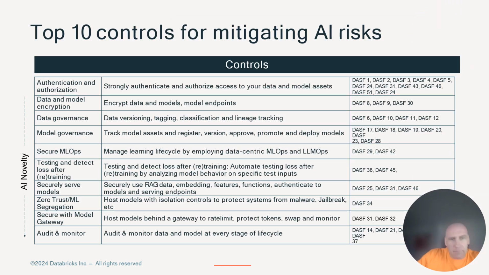Now, obviously, we talked about some of these controls. There is a top 10 controls for mitigating AI risks, from authentication and authorization, data and model encryption, data governance, model governance, and all of the rest. You can explore all of this on your own. But the important thing to note is, obviously,